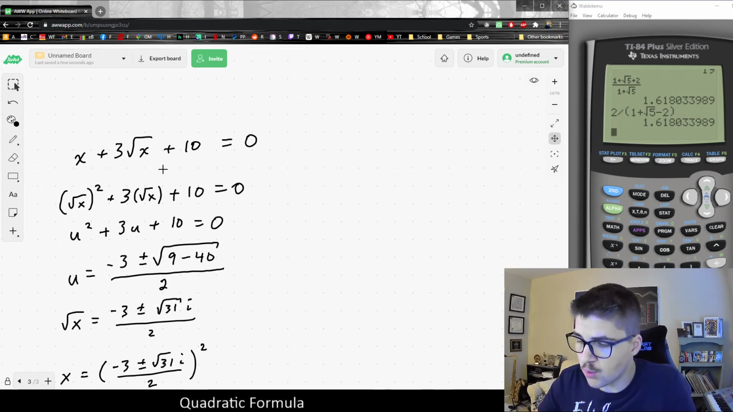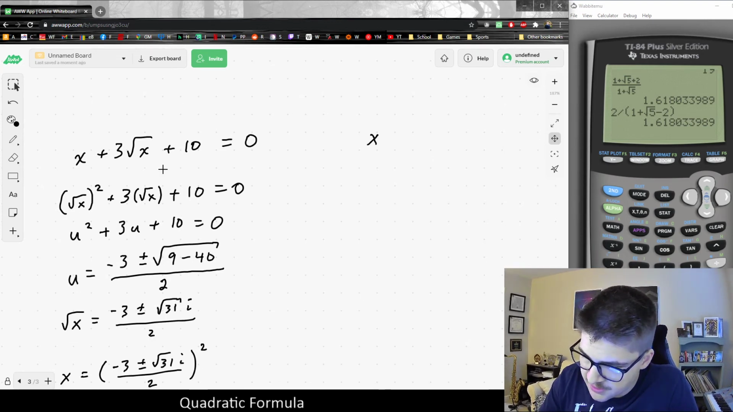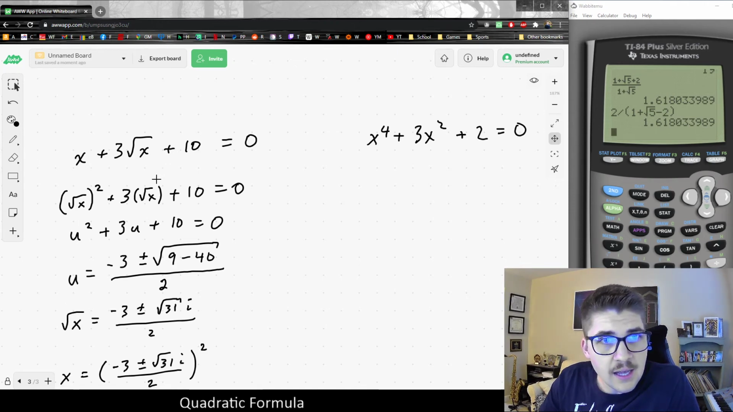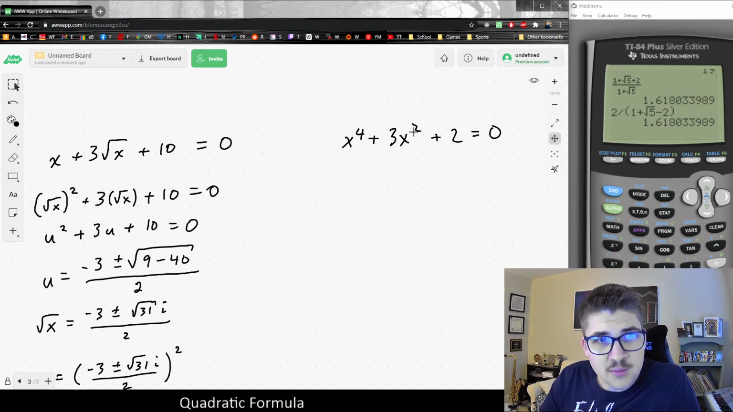And looking at one more quadratic form, I'll pick easier numbers for this one. Let's just say I had x to the 4th plus 3x squared plus 2 is equal to 0. And again, notice how this one's x squared, and this one's x to the 4th. It's not a direct quadratic, but this one is the square of this one,